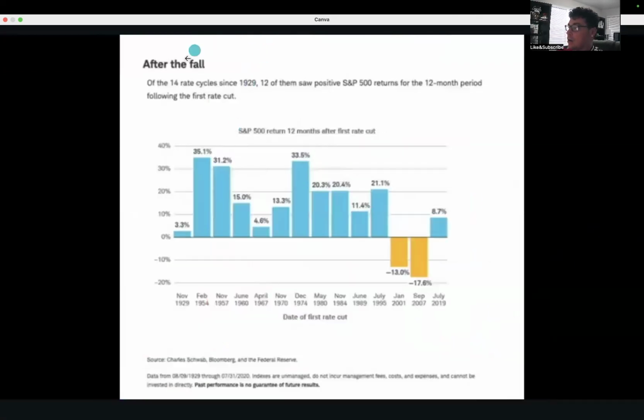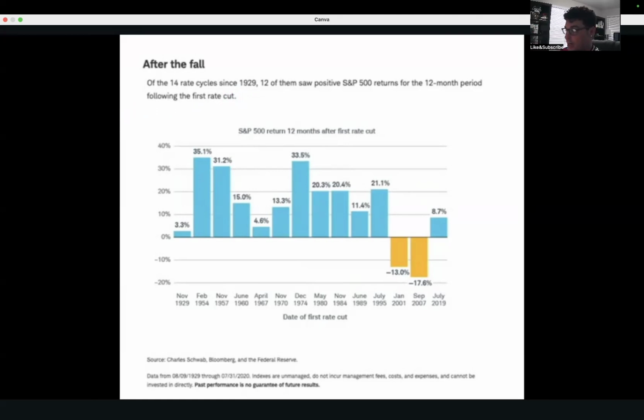All right. Now, of the 14 rate cycles since 1929, 12 of them saw positive S&P 500 returns for the 12-month period following the first rate cut. That's also very, very interesting. Okay. So remember, everyone's trying to tell you that we're going to have a mega crash. The data does not necessarily support that, again, unless we're on the verge of a dot-com bubble type crisis or